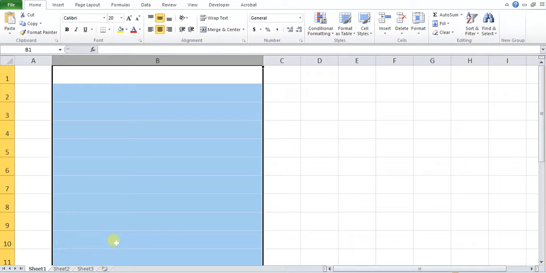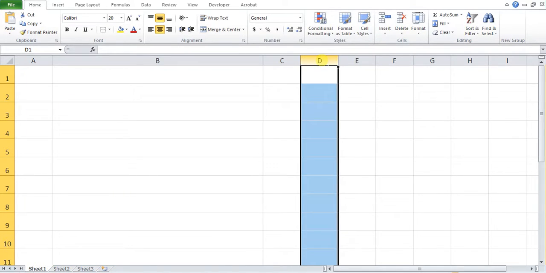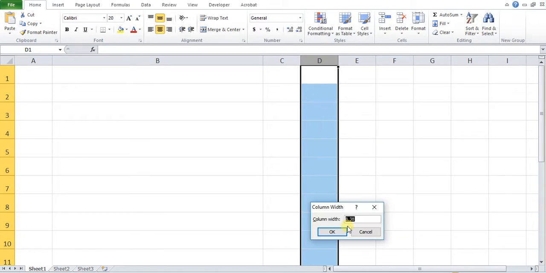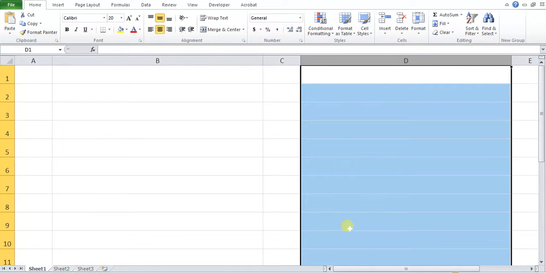We'll repeat the same thing for column D. So move the cursor here until you see the down arrow. Left click, move the cursor down till you see the cross. Right click, move the cursor to column width. Left click and type in 50 again. Enter. We want to add a heading in cell A1,